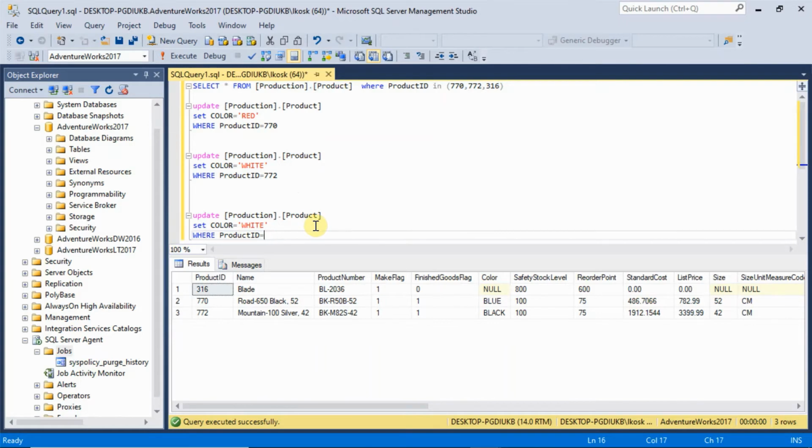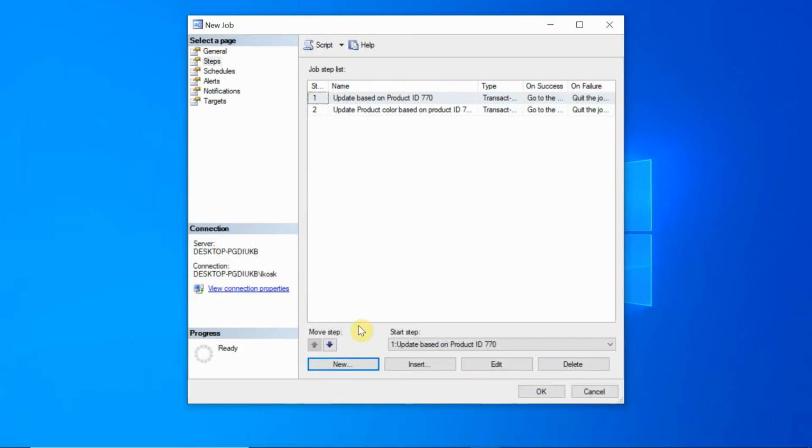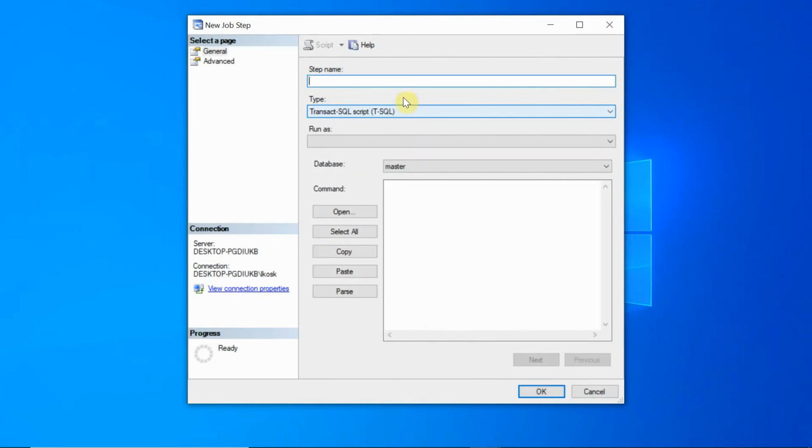I will make it 316 and I will make this color blue. Once I execute this, then in the SQL Server Management Studio, if I go and do 316, right? So next will be update product color based on product ID 316.